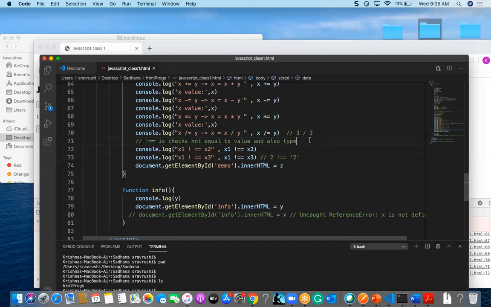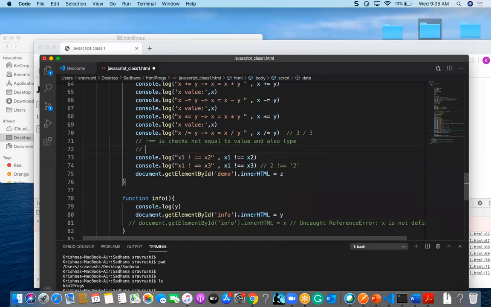Okay, but coming for this kind of check, it will check only not equal.